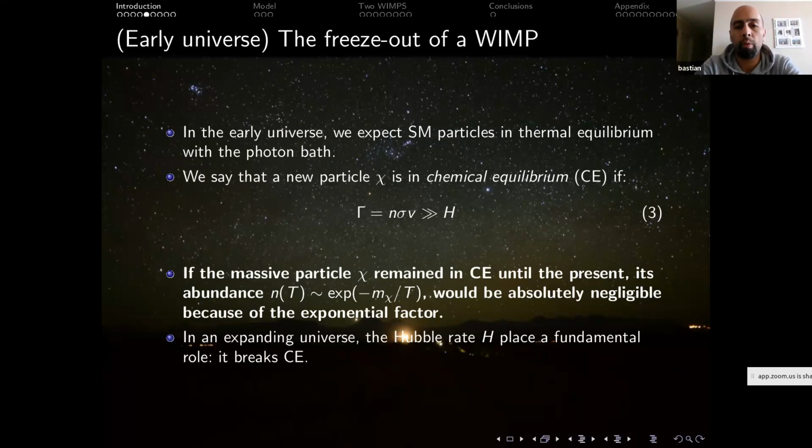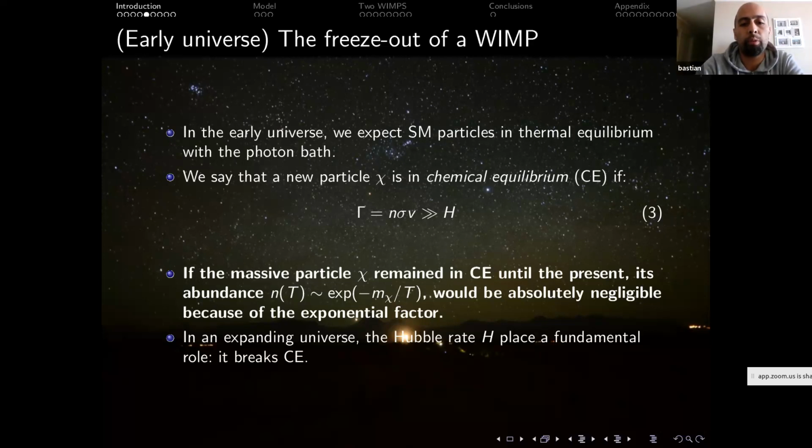So in that case, the particle reactions were too strong in the sense that they don't feel the expansion of the universe. But as the universe starts to cool,